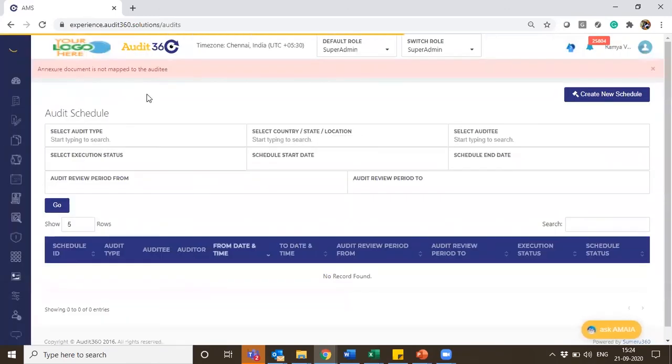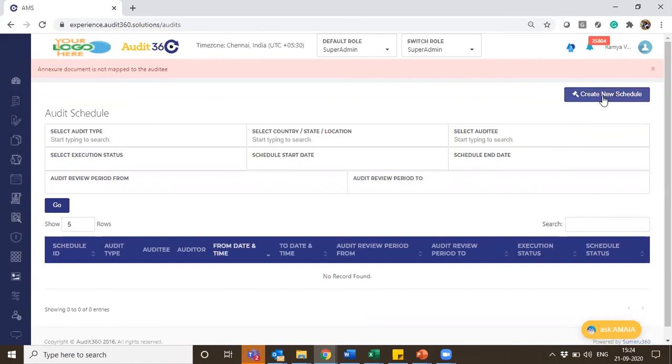If you see, there is an error which occurred, which is: annexure document not mapped to the auditee. The reason is that I had put an auditee code, which is BR0019, which was for Evershine Nagar. But here when I tried doing a schedule, I did it for a different auditee because there was no reference data and no annexure uploaded. The audit is not getting scheduled, because the configured audit I have done is only to verify the voucher, and if I do not have any vouchers to be verified, then there is no use for us to schedule the audit.